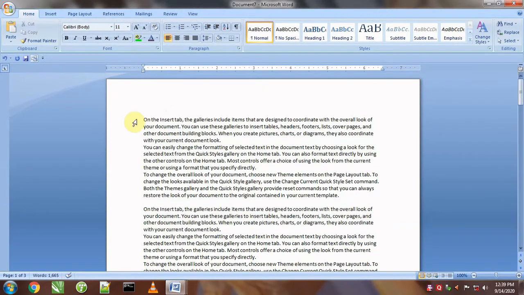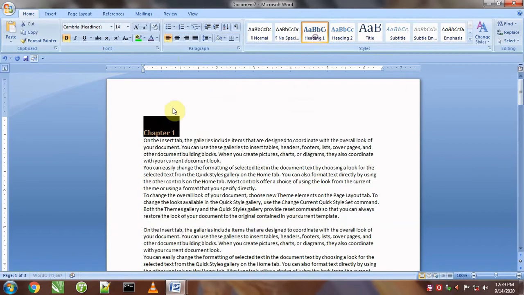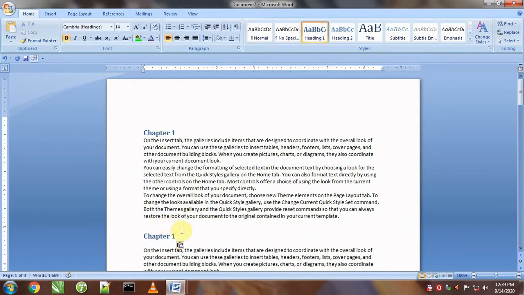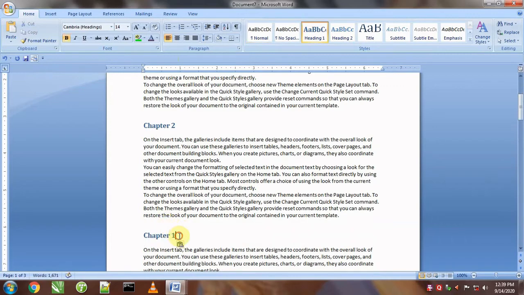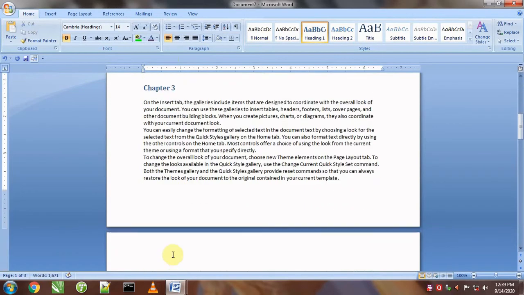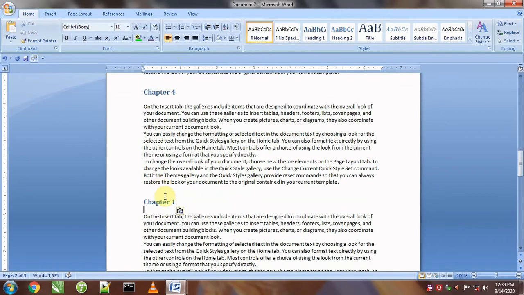Suppose it is a heading, chapter 1, and I will say it is heading 1. I will copy this heading and paste, and will say it is chapter 2, paste, it is chapter 3, chapter 4, chapter 5.